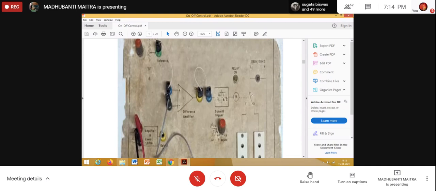So the armature will be attracted towards this particular point, and now this normally open contact will be closed and the normally closed contact will be open. Now, is it a little bit clear? Yes, ma'am.